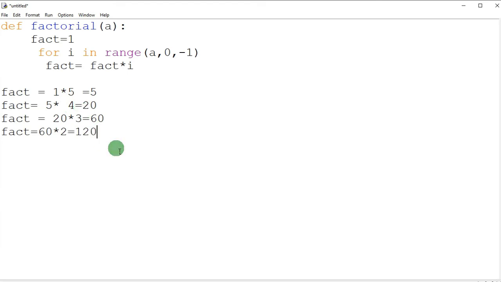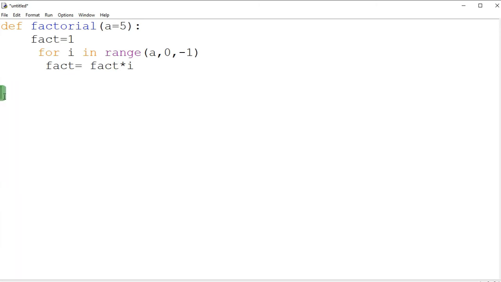So it is now 120, and the last time the fact value will be 120 multiplied by 1, and it is 120. So like this it is going to be calculated. The number is 5, so the loop will run 5 times: 1, 2, 3, 4, 5. I hope this is clear to everyone.